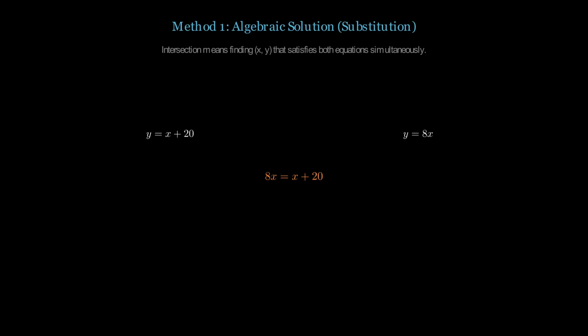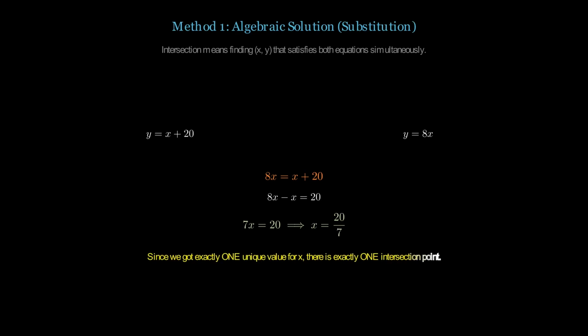To solve for x, we subtract x from both sides, which simplifies to 7x equals 20. Dividing by 7, we find that x equals 20 over 7. Because this algebraic system yields exactly one unique solution for x, we know with certainty that there is exactly one intersection point. Now let's verify this visually with method 2 using a graphical approach, just like you would see on